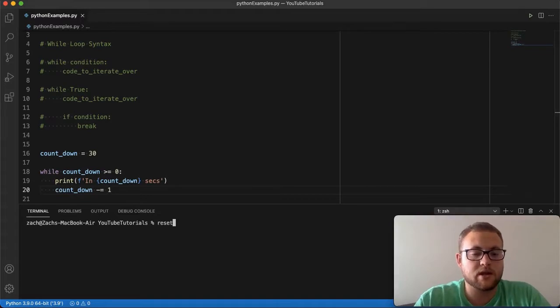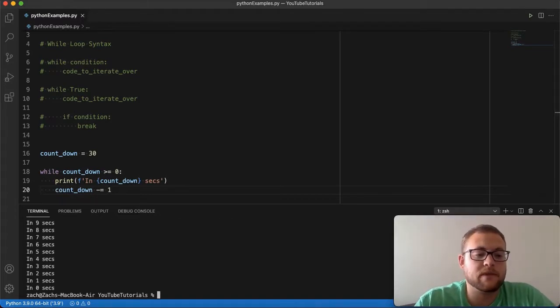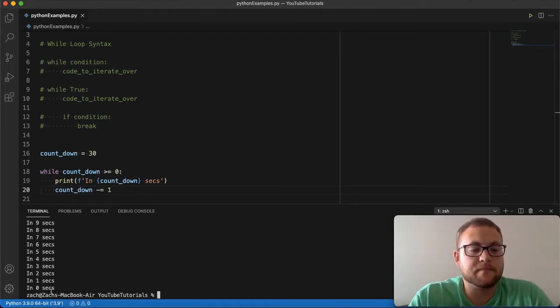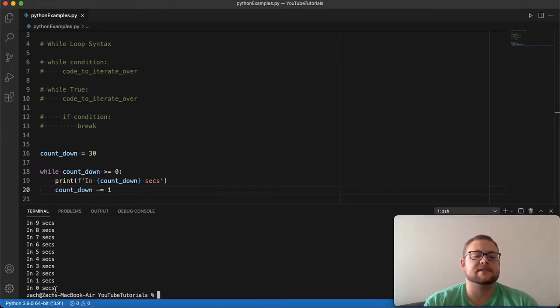So if we run it, we'll see, boom, it runs like that. So 30, 29, 28, 27, 26, 25, 24, 23, 21, all the way down to 0, and then exits. Now, if we wanted to make it so that we didn't want this 0 in here, we could essentially